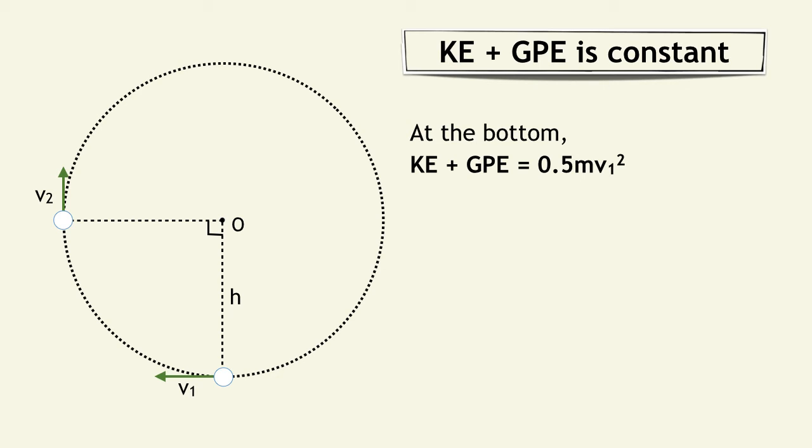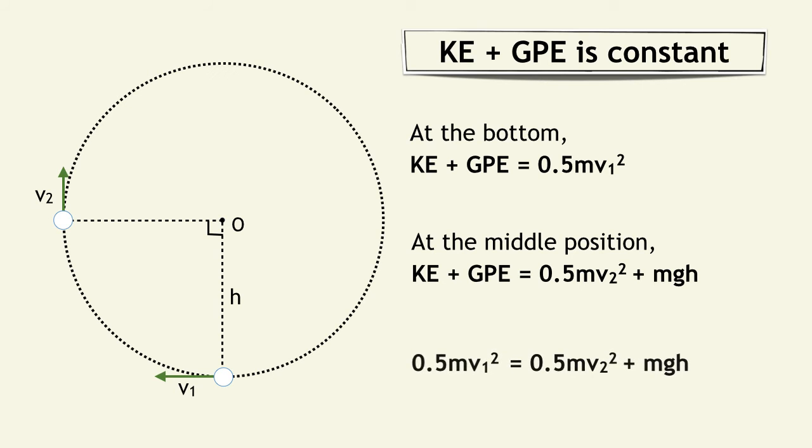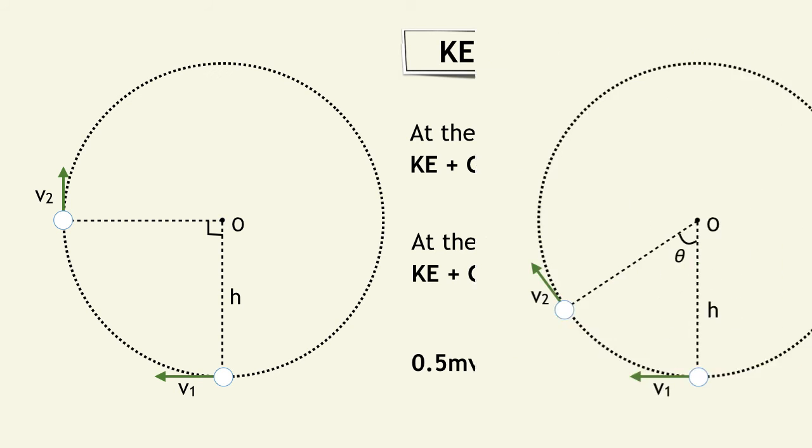And at the middle position where the speed is v2, the total mechanical energy is its kinetic energy, which is half mv2 squared, add the gravitational potential energy. At that point, at that height above the fixed position, we are going to take it as mgh. And therefore the total mechanical energy is 0.5 mv2 squared plus mgh. So therefore, we come up with that ratio by combining the two equations. And when we look at,